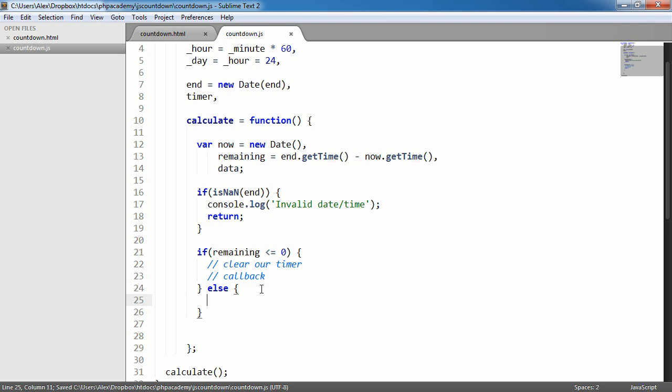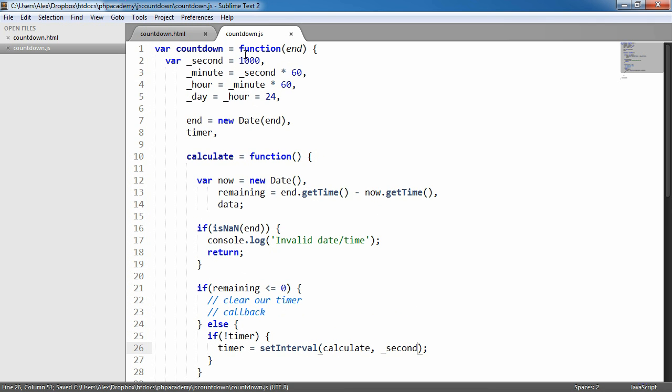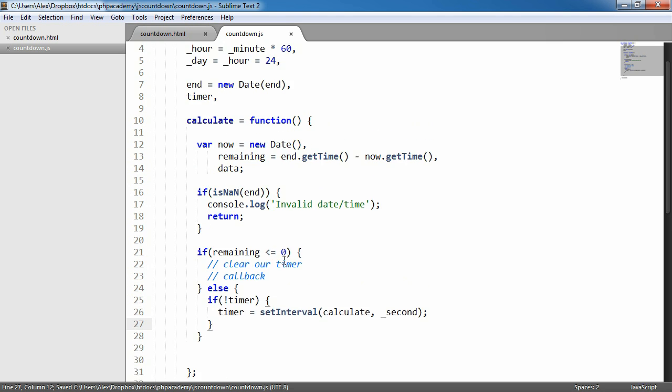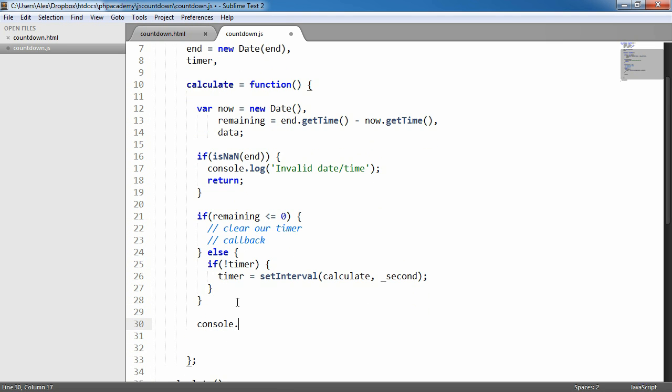Otherwise we want to go ahead and check if our timer isn't set, and then set our timer. So here I'm going to say if not timer. If our timer hasn't been set, I'm going to set our timer using the setInterval function. The function that we're going to run is calculate, and we're going to run that every second. We've already defined how many milliseconds are in a second here, so we don't need to specify 1,000. We can just use the variable we've already created. So what we're going to do now is console log